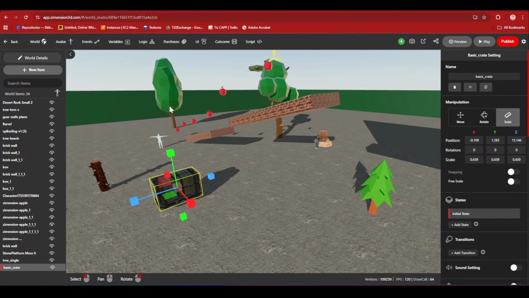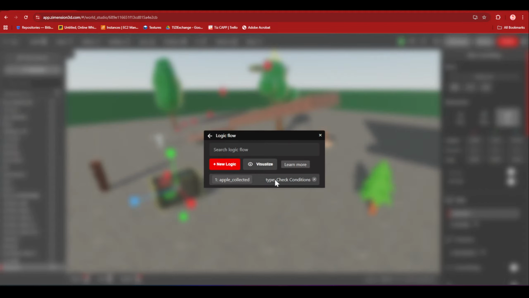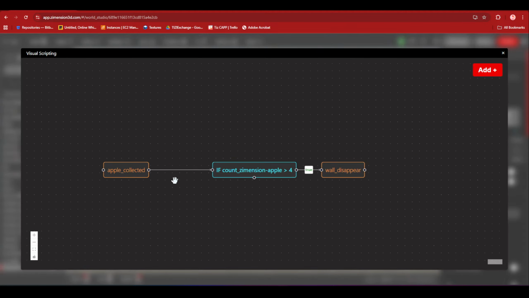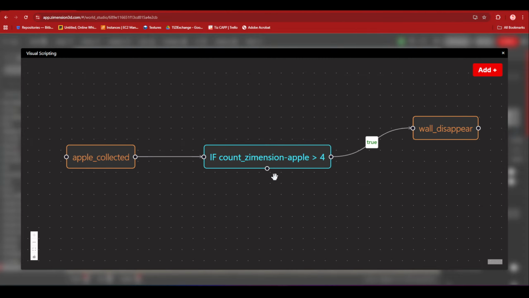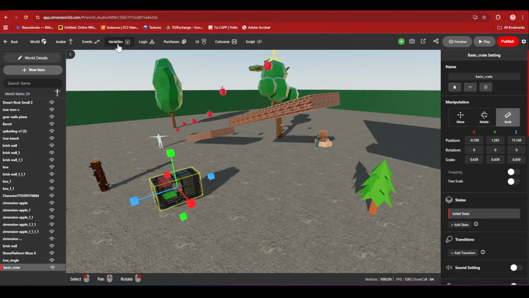Logics and the blueprint. See, this is the logic, but you can visualize it like this. True, false. But you have to write the code over there. You can only add events here, not the entire thing. But you can visualize this. Like, let me add. Okay, I will show you another important feature.